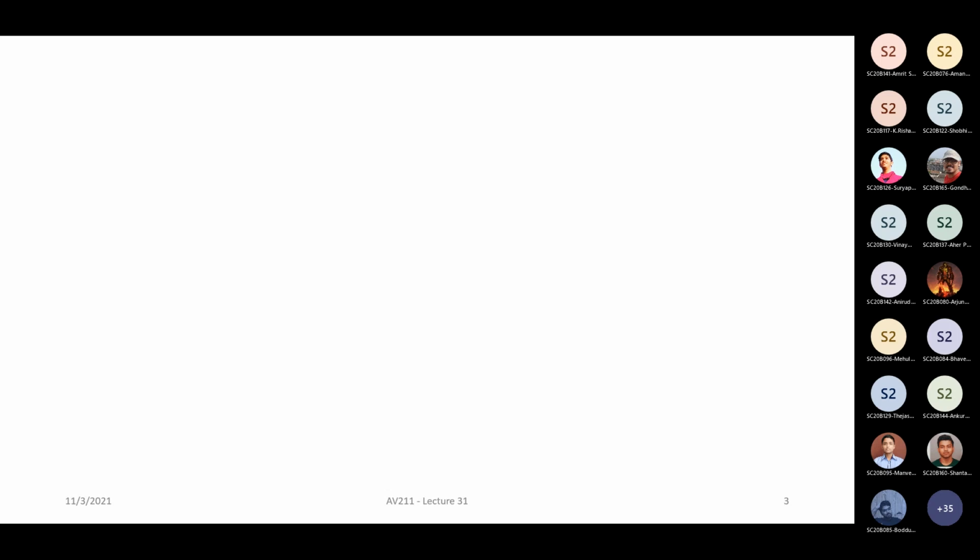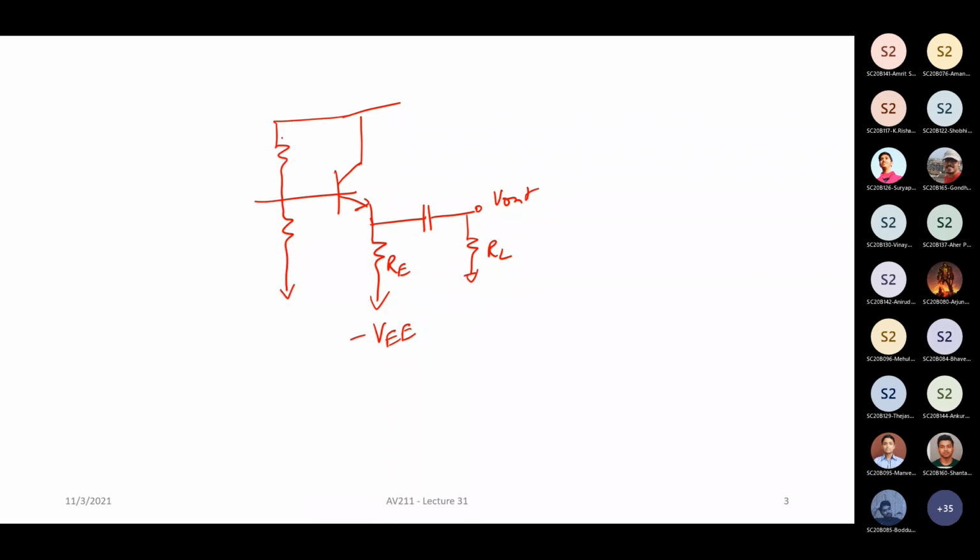Correct. So I had given something like this, right? Some RE value, and I think I had just put some minus VE here. This is RL, right? And also we had R1 and R2. Let's say this is plus 5, minus 5, is it? Or I think I didn't even give that value. And you have your RS, this is your Vn, right? And I had asked for, let's say this was R1, this was R2, Rn.